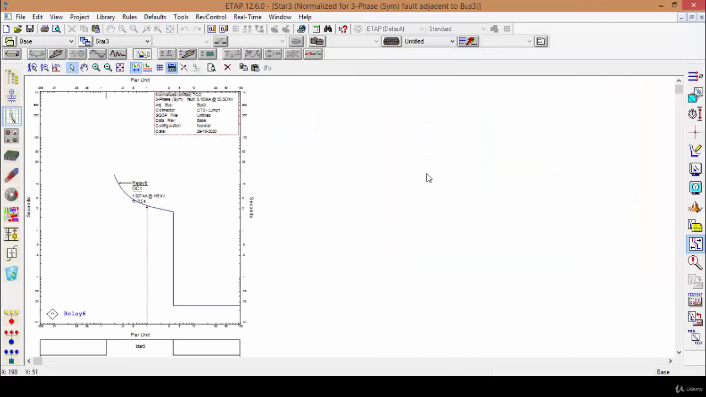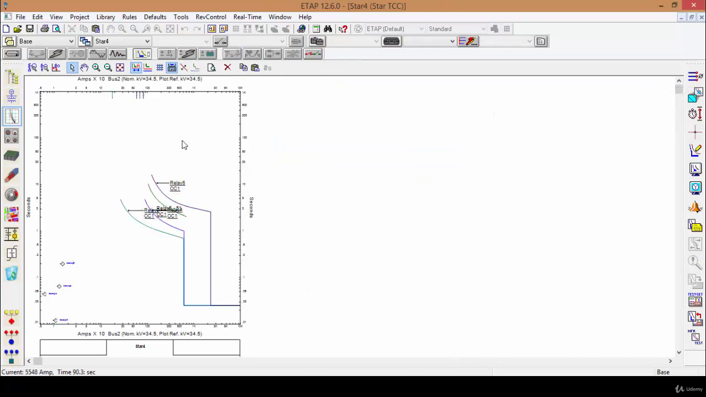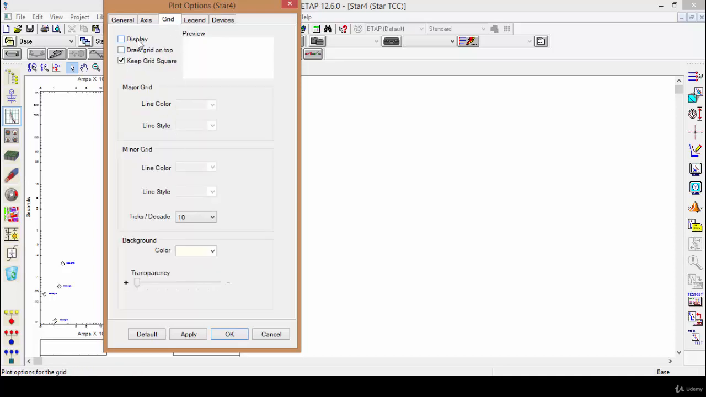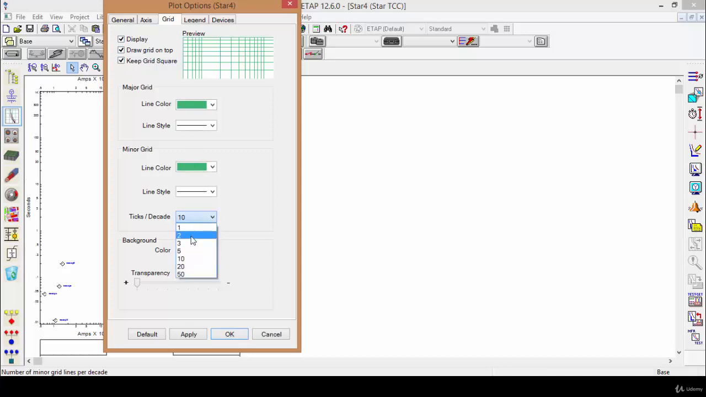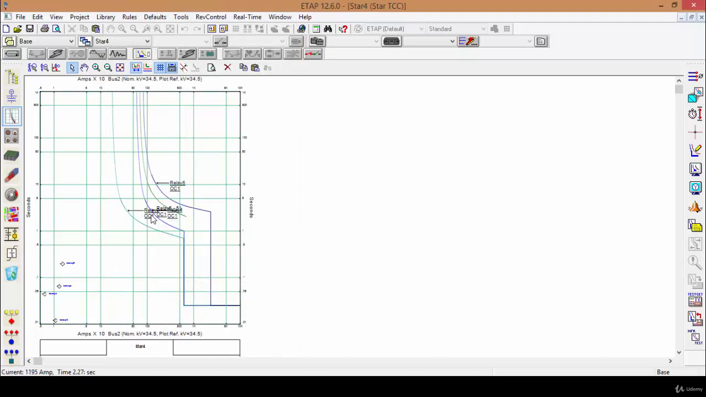There are more things you can do also. Let's select all of them. Let's remove this fault and select all of these relays, and let's go right here and double click, show range and extend, and also display the grid, and instead of all of these let's choose 2 only and press OK. One more thing you can do, I forgot to say,